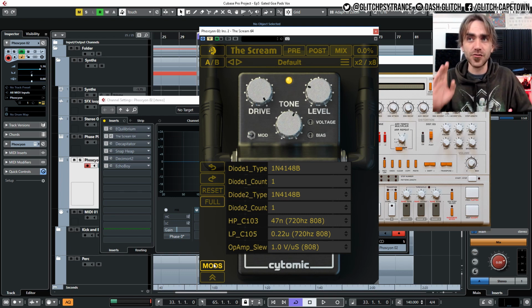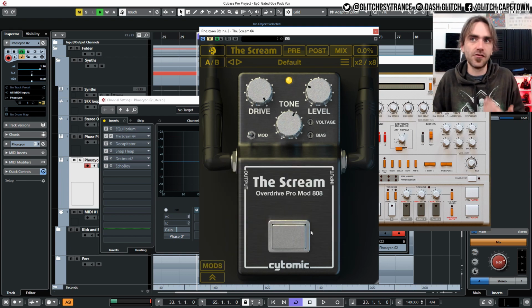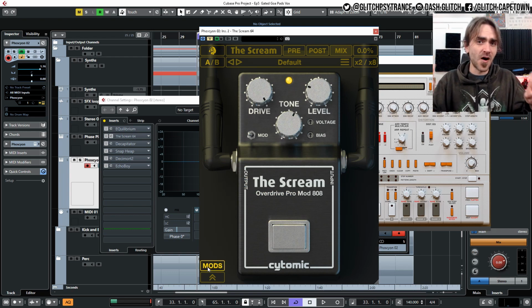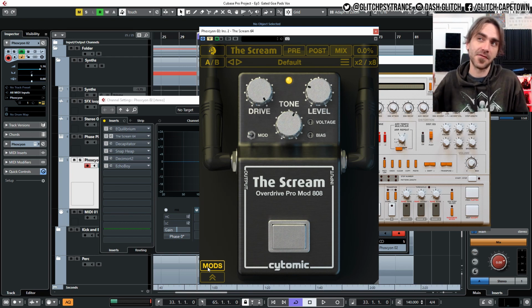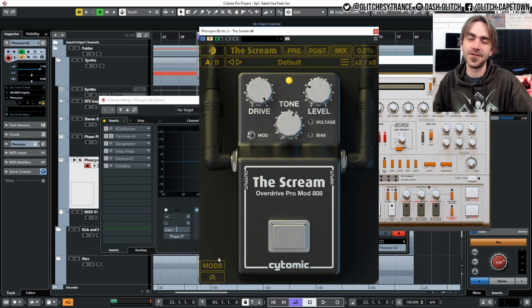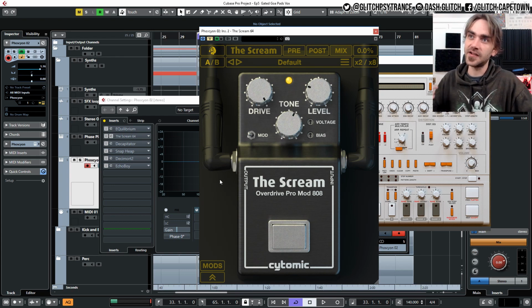So like I said, I'm not going to dive too in depth with this, but it's an incredibly cool plugin because it's got this very easy to use interface, but you can mod the distortion to be your own sound, and then use that sound throughout your productions and stuff like that. So this is a very cool set it and forget it type of distortion plugin that I'm really enjoying at the moment. It sounds good just out of the box, but again, it allows you to really fine tune it. Something that you don't often see in plugins, let alone distortion plugins. It's actually surprisingly affordable considering how advanced you can get